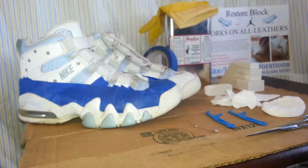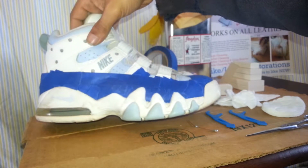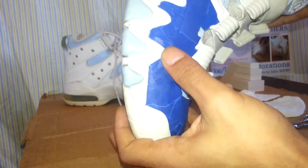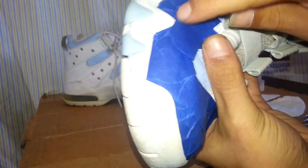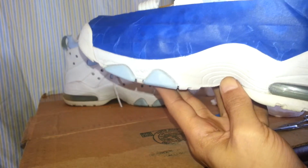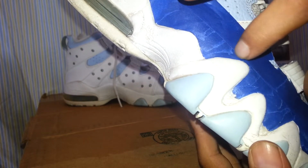Restore. Basically, I'm going to be teaching you guys, showing you guys a little bit about how to mask. I masked out these sneakers here, the Barkley Carolinas. I did a fairly good job. As you can see, there's only a tiny little bit of areas that I have to fill in, but I did do a pretty good job. It is a very, very rounded, tough sneaker to get in. Reminded me a lot of doing the Jordan 9s,